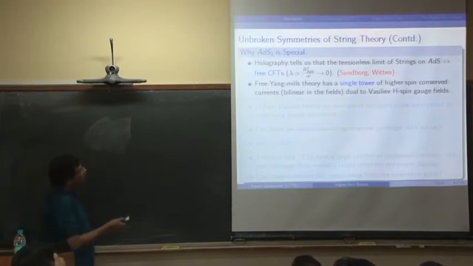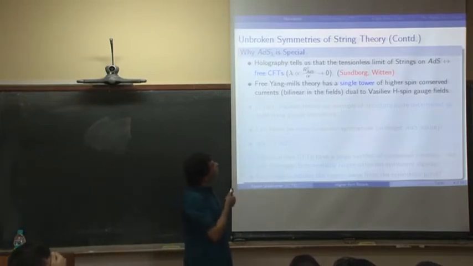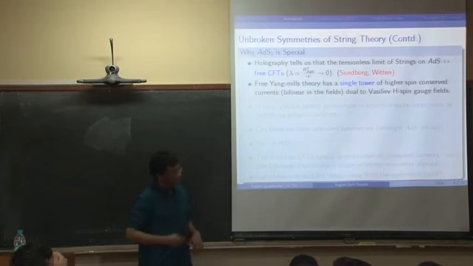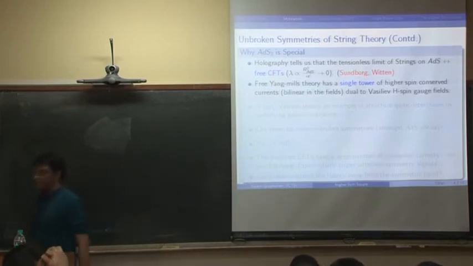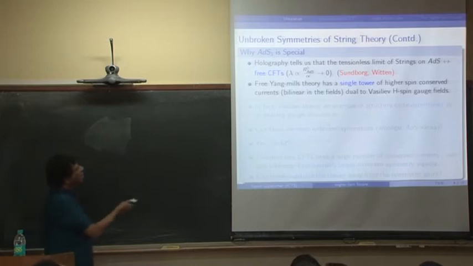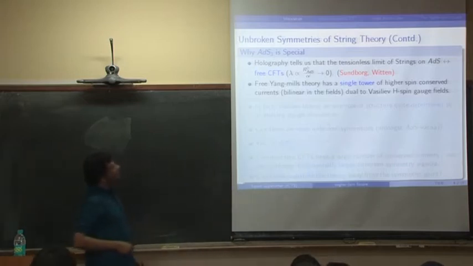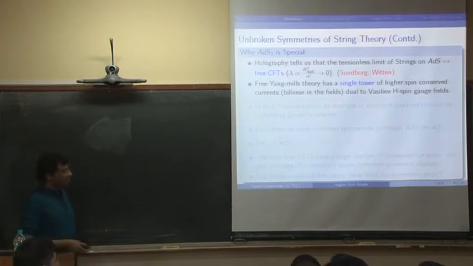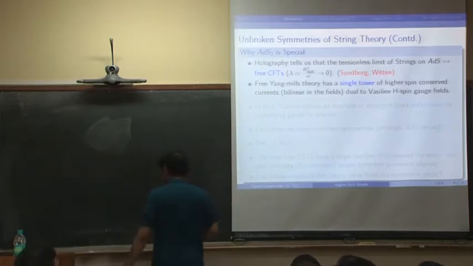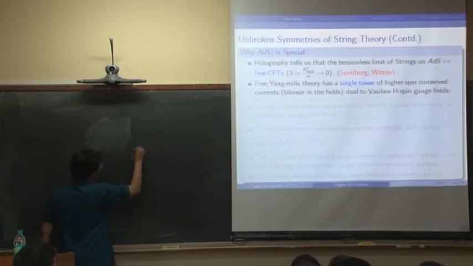So there we know that there's a tower. In this free Yang-Mills theory, the spectrum is something we can explicitly study, and one knows that there's a tower of higher spin conserved currents, which are bilinears in the field, basically like phi d^s phi,